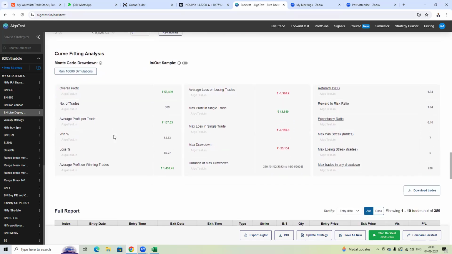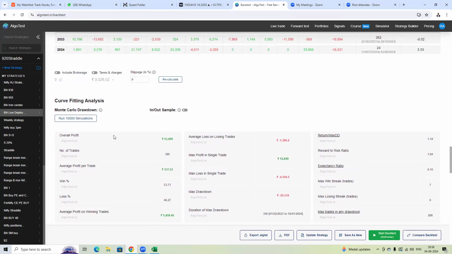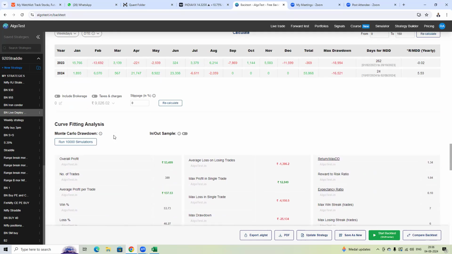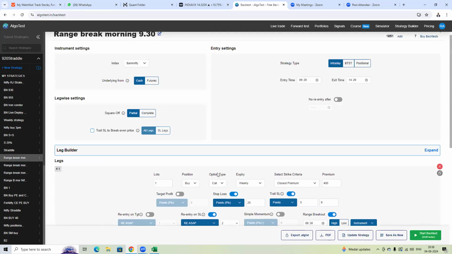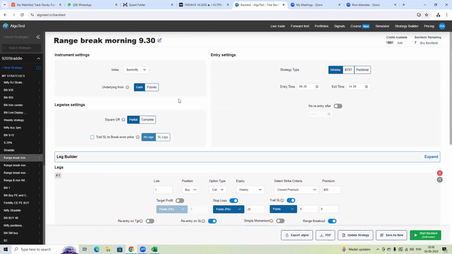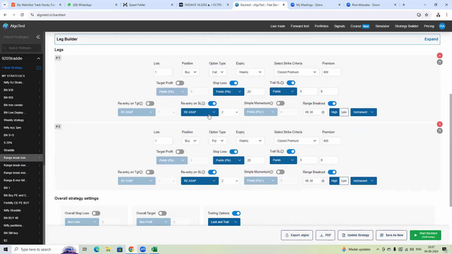Okay, we will come to one more strategy which is of range bound strategy। क्योंकि बहुत सारे लोग you might have seen what exactly is the range bound, so it will be range bound strategy। मैं यहाँ पे एक will create one strategy in Bank Nifty। Okay, it will be an intraday and we will enter at 920 and exit at 1420। Here the condition what we are using is it's a range bound strategy।